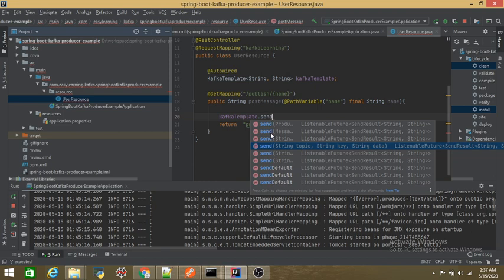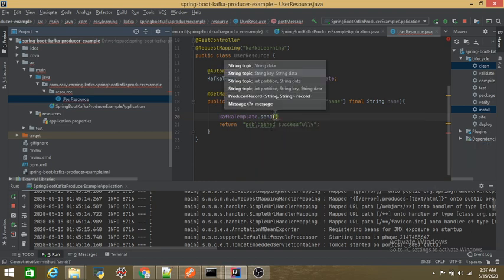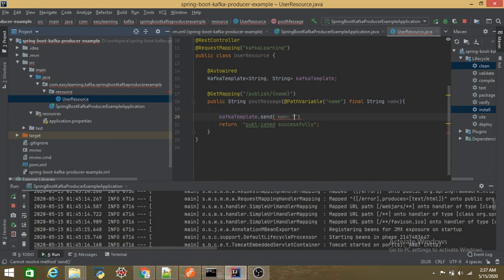I'll be using the send method, and you can see that the send method accepts two parameters: the topic name, which is a string, and the data, which is also a string, to be passed to this topic. I already created test 789 as a topic in my last video. I'll use the same topic to pass the name message here.